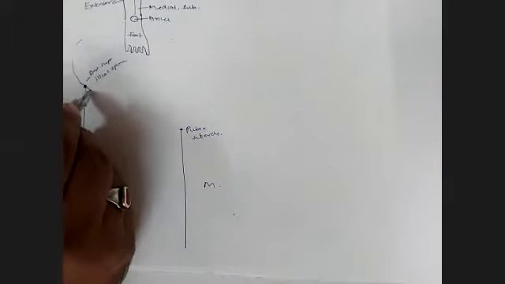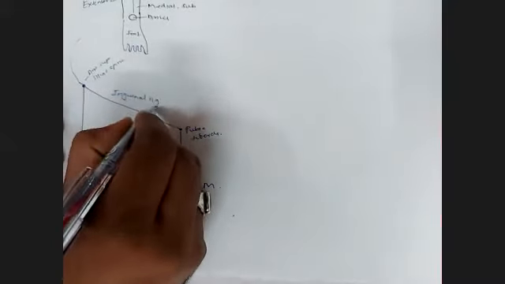Pubic tubercle. So running from the anterior superior iliac spine to the pubic tubercle is a ligament called the inguinal ligament. This area is also called the inguinal area, the area of the groin. And the reason I took so much pains to explain this inguinal ligament to all of you is that this is the one which separates the abdomen above from the lower.